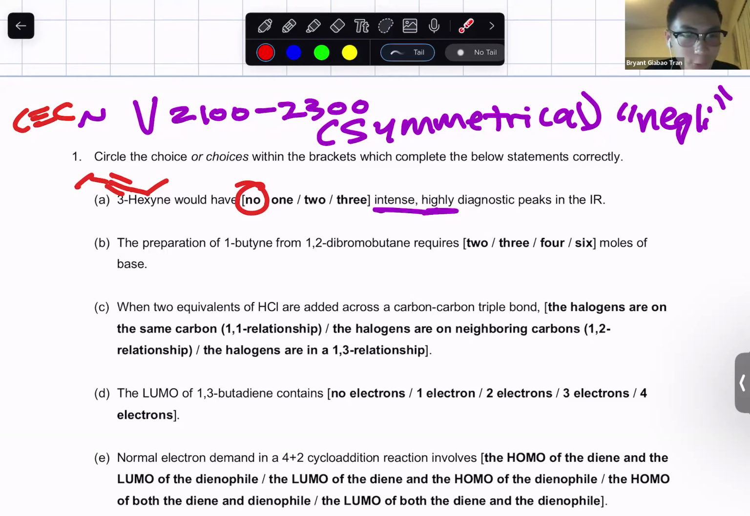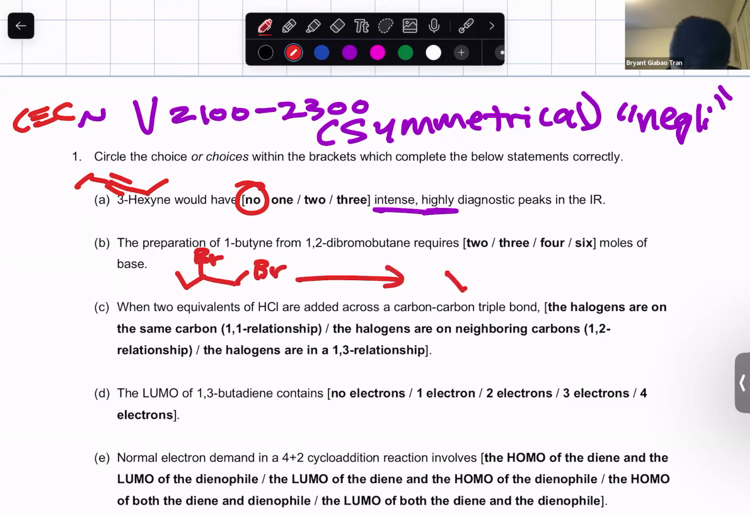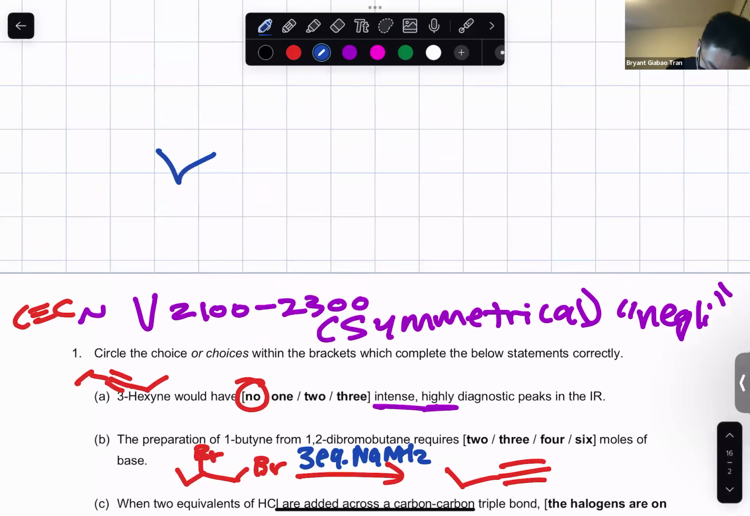So this is the one where we went over with Darshan, where 1,2-dibromobutane looks like this, and we want to create 1-butyne like that, the terminal alkyne. Whenever we want to make a terminal alkyne from this vicinal dihalide, we always have to use at least 3 EQ of strong base. 2 EQ would give you this, and then it looks like you stop here, but in